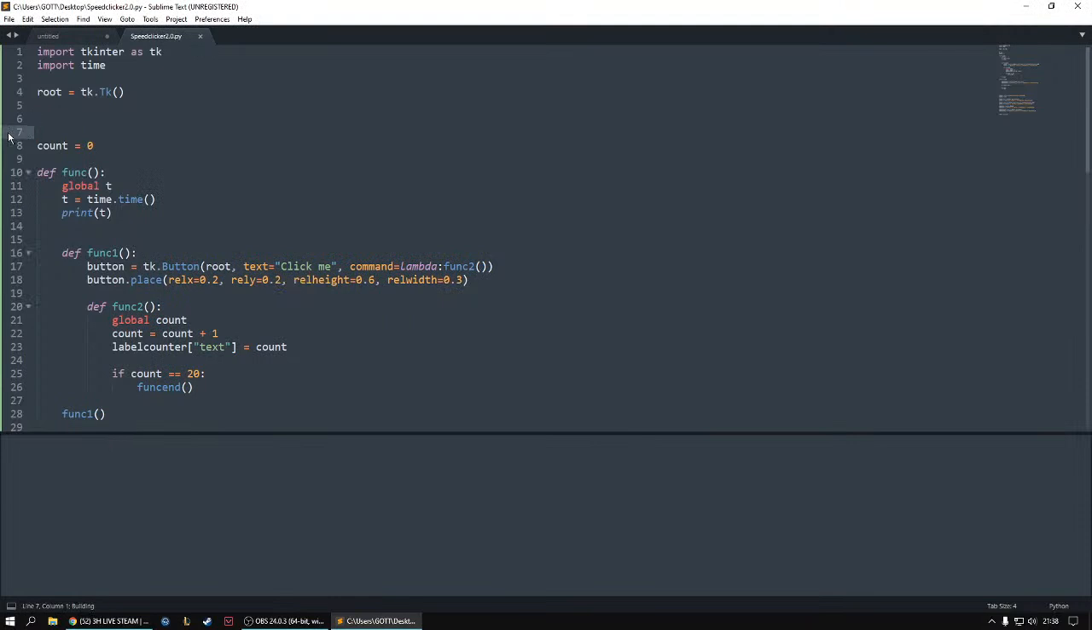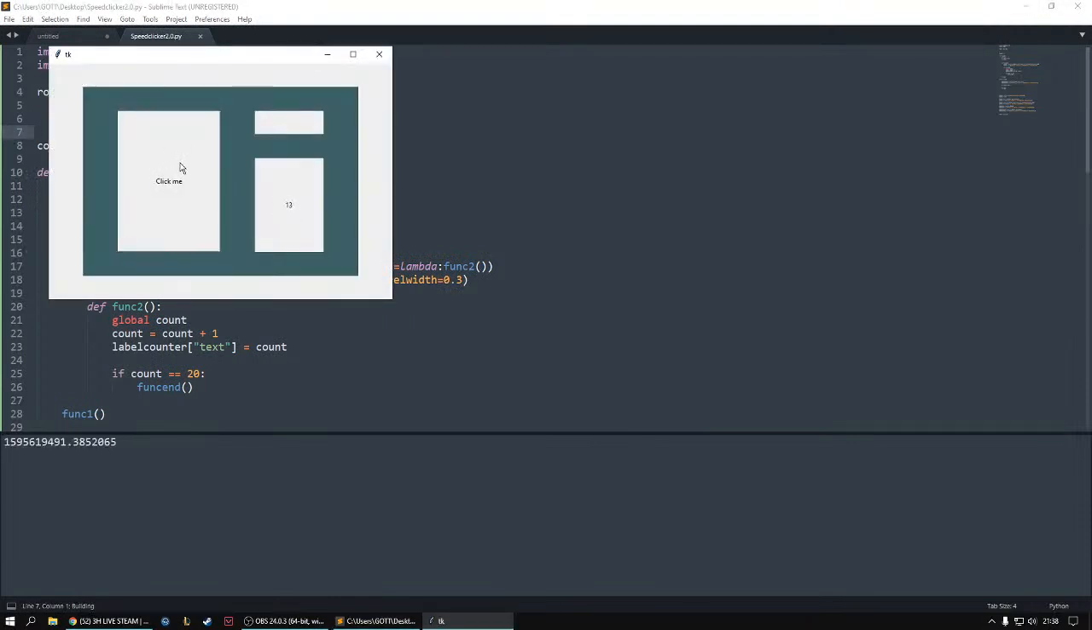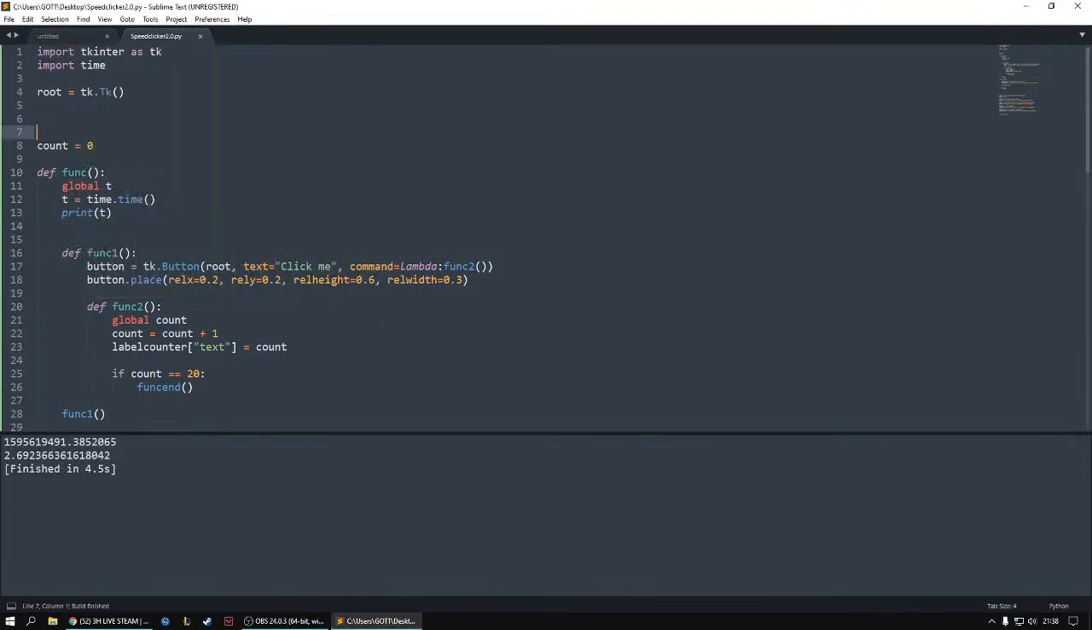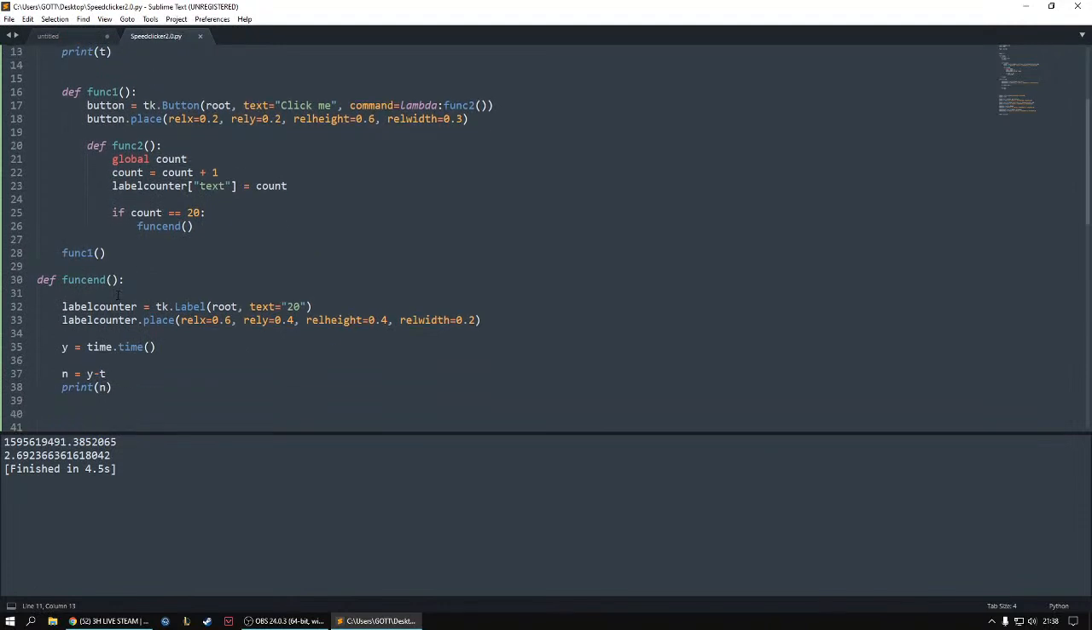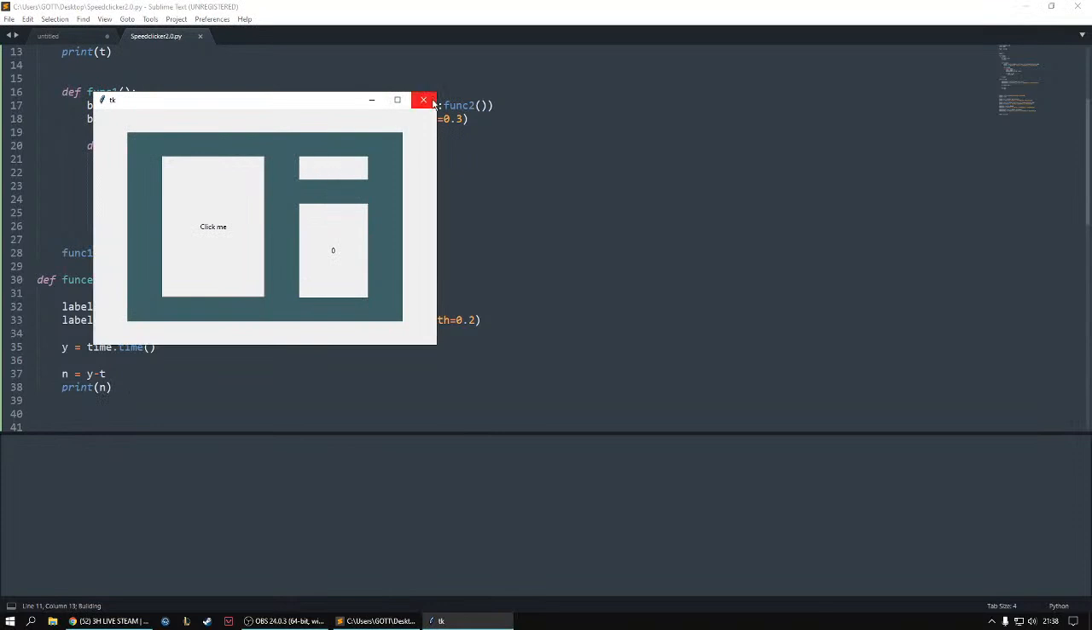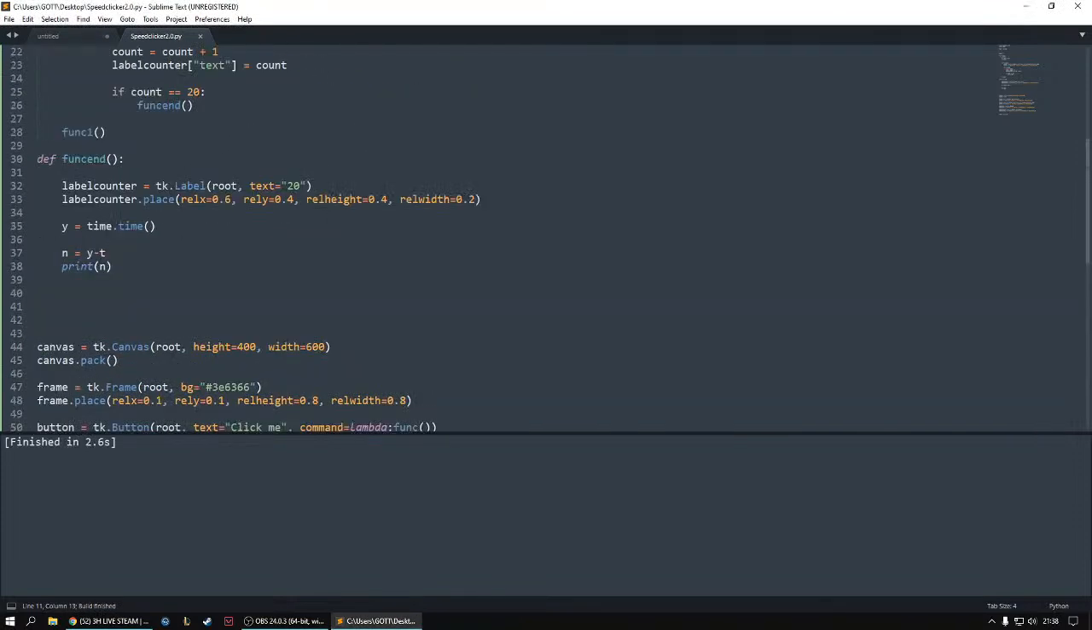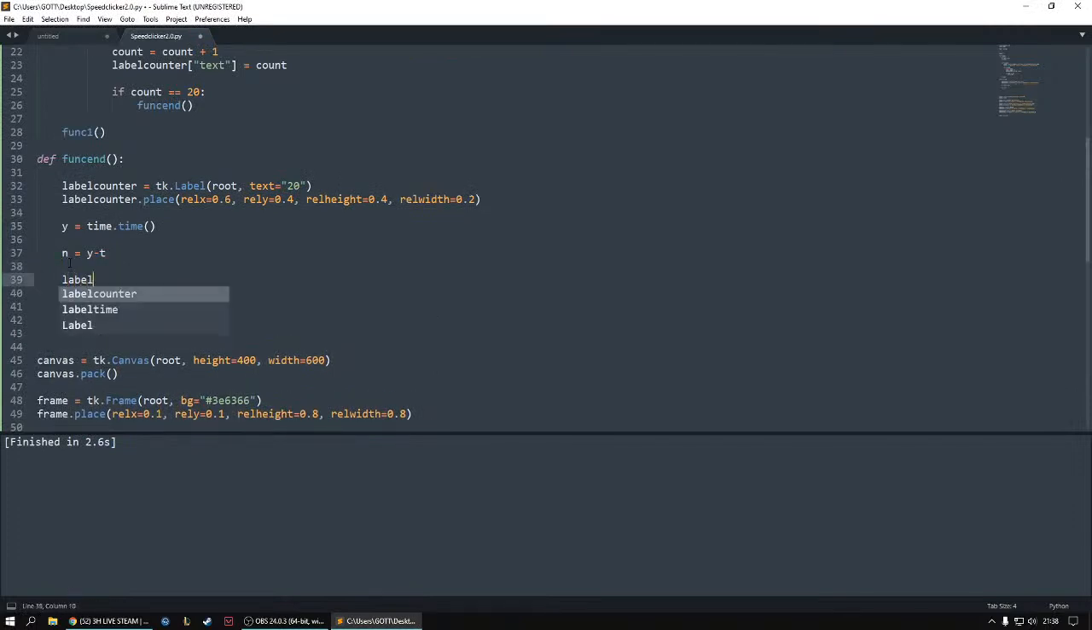Maybe we can delete this. Let's see. Okay, we can. So global t was enough. So now we just need to show the time inside this thing here. So we have our label time, and we will just print it here. Label time text equals